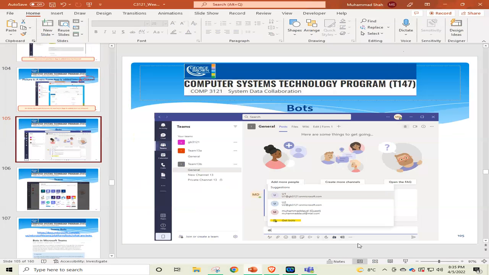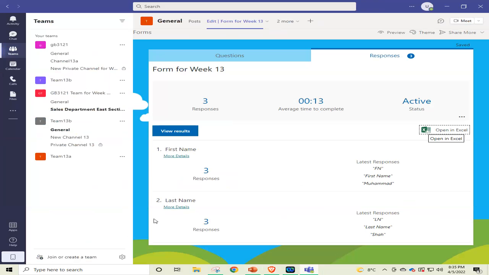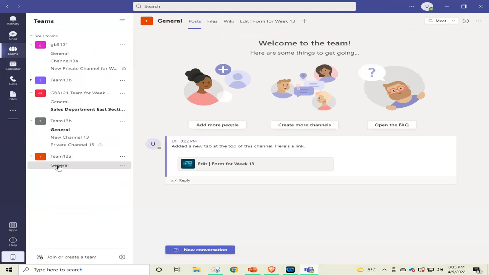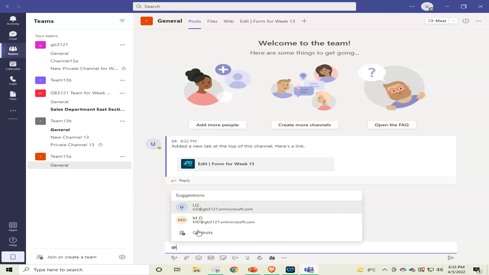Yes, in Microsoft Teams, when we go here, this is my desktop app for Microsoft Teams. When we click on a team, we go here or we go to the general channel. Then we start a new conversation. We click on new conversation. And then what happens? Here, the system invites us to write an @. When we write @ we see the users here. Also, we see here get bots. Okay, we can chat with bots. Click on get bots.